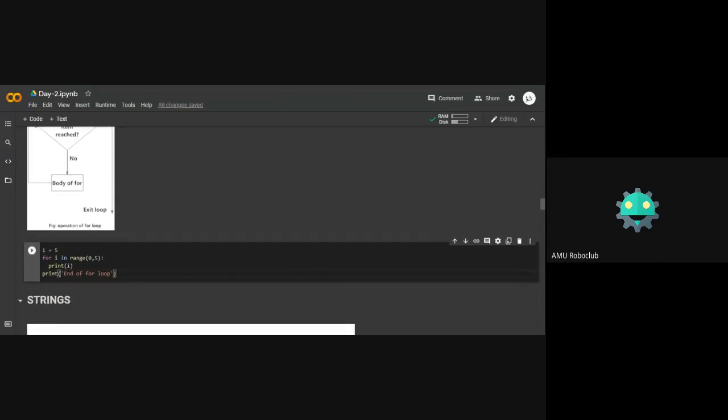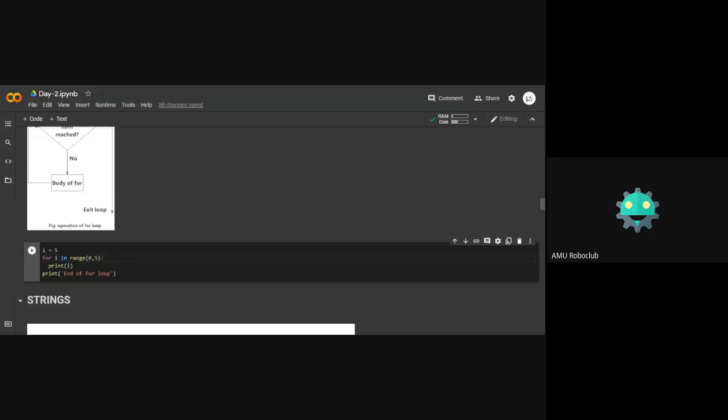Okay, so now first let me tell you what this range is. Range means from this particular number to this number, I want a continuous set of numbers, that is from 0 to 5. And here 5 would be exclusive. We won't include 5. So 0, 1, 2, 3 and 4 would be considered. 5 would be the ending point and it would be exclusive. So range is an exclusive function excluding the last number which we are putting.